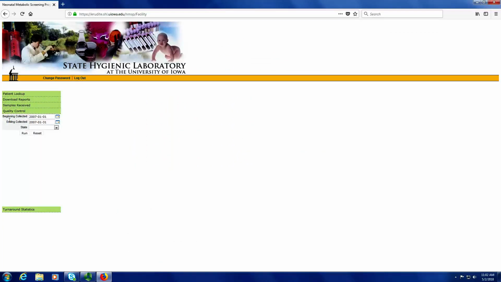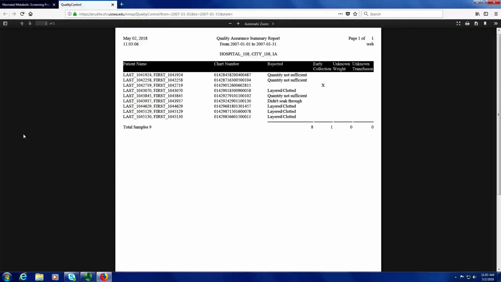The next tab, called Quality Control, is used to bring up the Quality Assurance Report. I enter my beginning collected date and ending collected date for which I want to run this report. And then I click the Run button. A PDF of the report will pop up